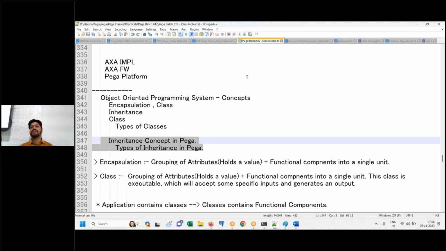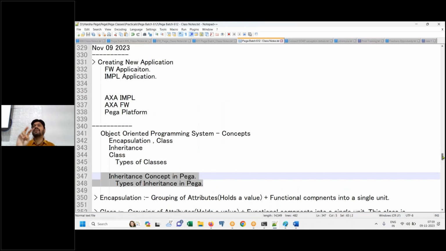I will be sharing this theory class document, I mean the class running notes document. Today we discussed two different things. One is application to application relation, built-on application relation. Where is it defined? You took some time and then we discussed that. You have to note it, please. And the next point we discussed is the object-oriented programming concept, because while we are practically working on any requirement, we need to keep these concepts in mind, and accordingly find out the most appropriate class to place the functional component.